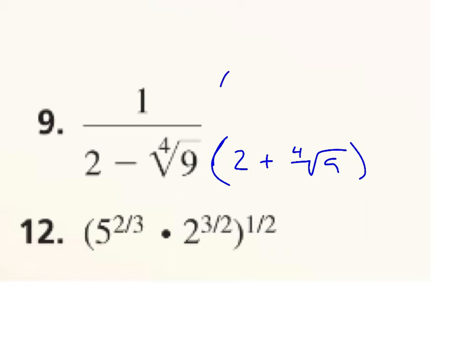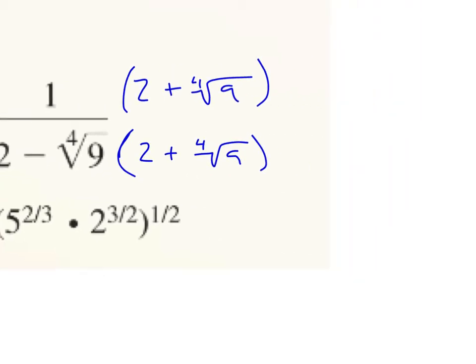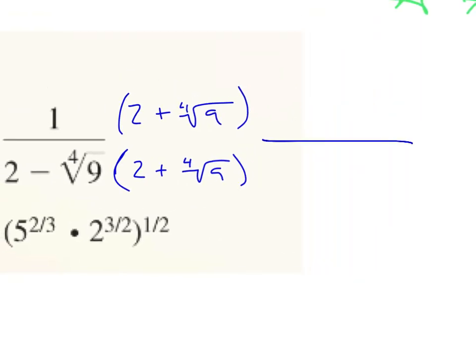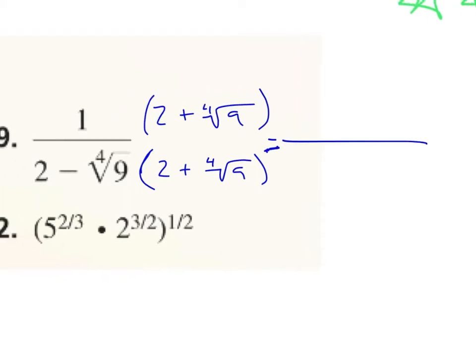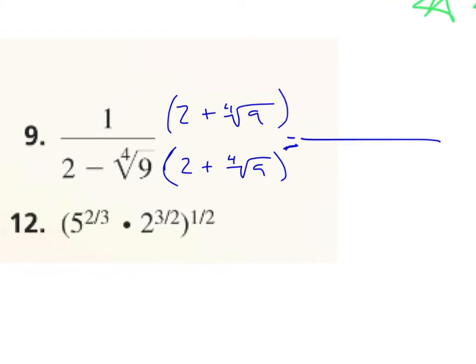And whatever we do on the bottom, we have to do on the top. So let's multiply the bottom first. We have to FOIL. So this would be 2 times 2, which is 4. 2 times the 4th root of 9 would be 2 times the 4th root of 9 minus 2 times the 4th root of 9